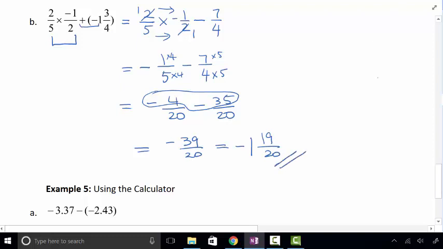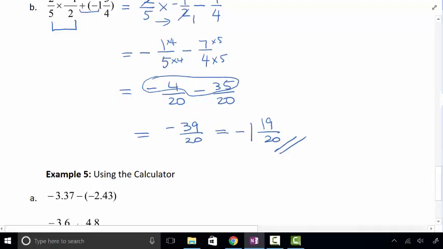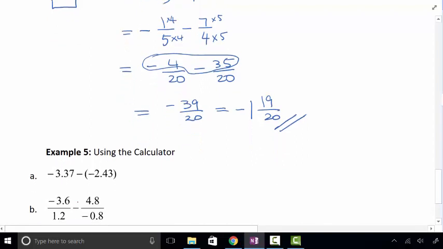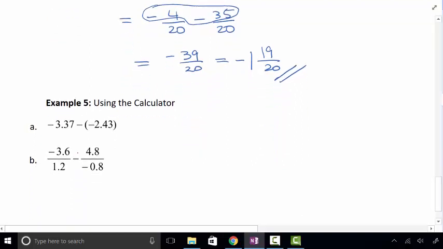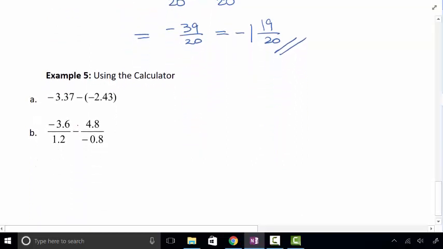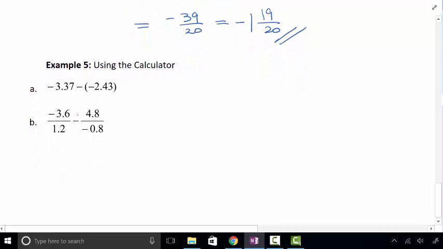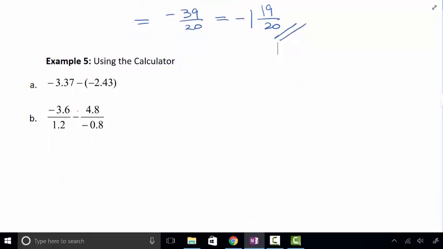Now, when we deal with rational numbers, sometimes you have decimals, and that's kind of hard to work with. So you do want to be able to use your calculator and understand how it works, and also be able to just type these questions in your calculator and get an actual answer here. So let's try this one. So why don't you try and